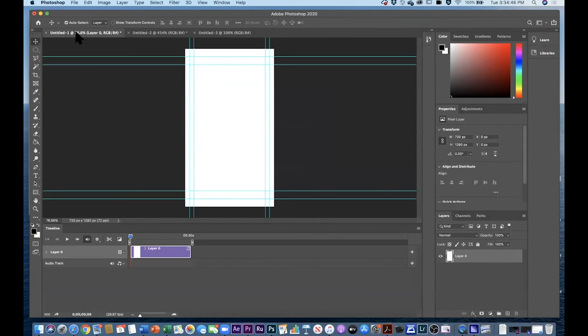Well, this first image that I have is actually flipped on its side, and instead of 16 by 9, is 9 by 16. Why would we use this? We would use this type of video for something that we would expect a person would be watching on their cell phone. Most of the time today, people don't take the time to turn that cell phone on its side, and they just simply watch it holding it in their hand vertically. So if we suspect that our viewers are going to do that, then that's what we want to do with our video. We'll just turn it on its side, and then we'll crop all of our video clips to fit